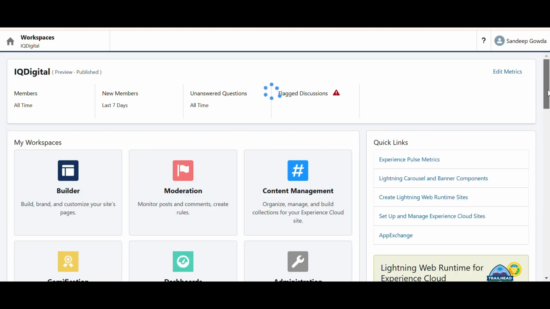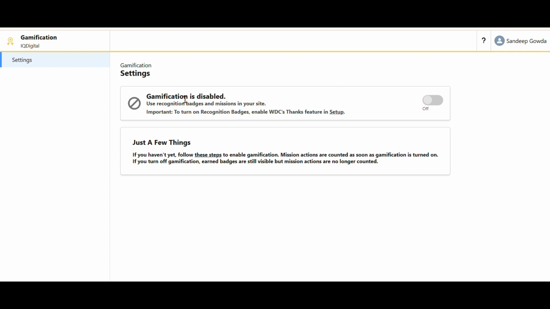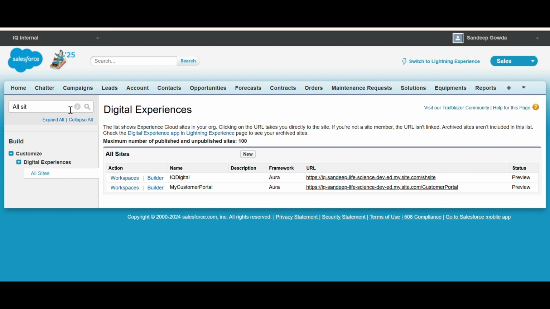In my workspaces, what are the things that need to be configured? Salesforce provides gamification to enable badges for customers. When you click Gamification, it takes you to these settings. Only once you enable this setting will gamification be on. But before enabling this in Setup, there is one condition. You should go to